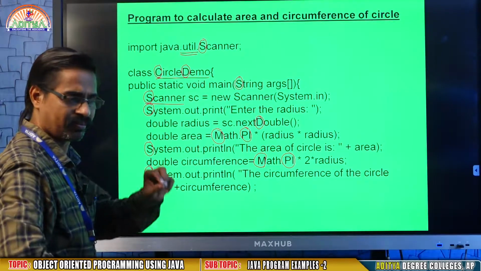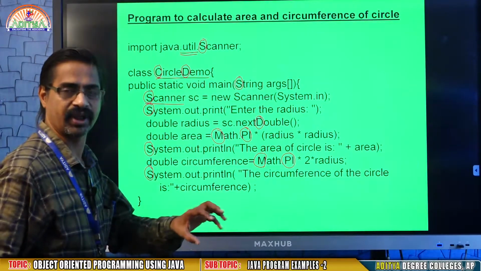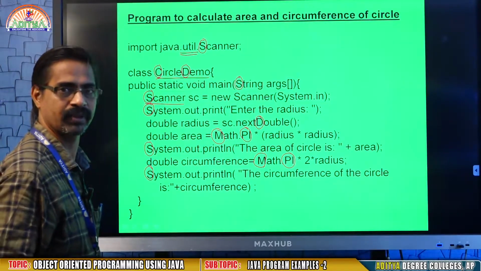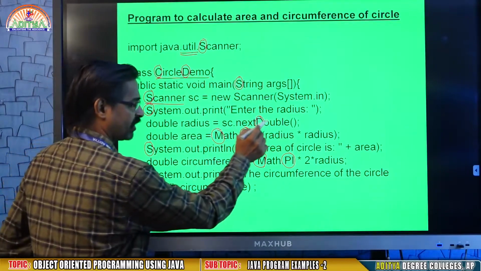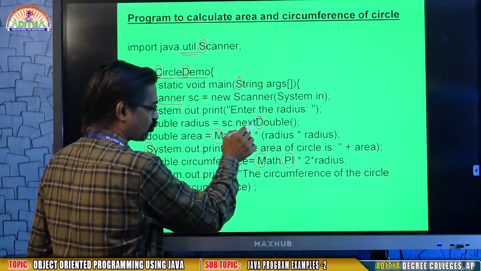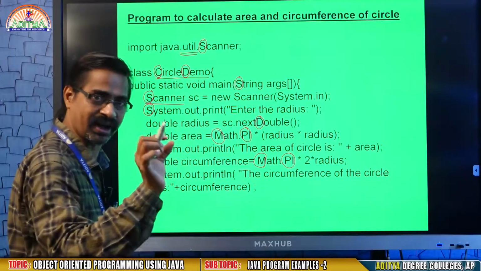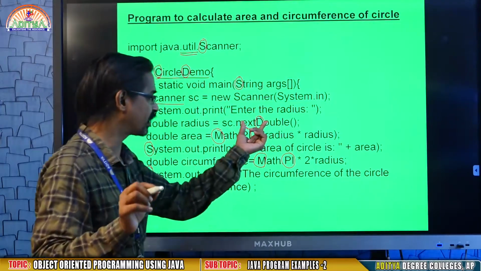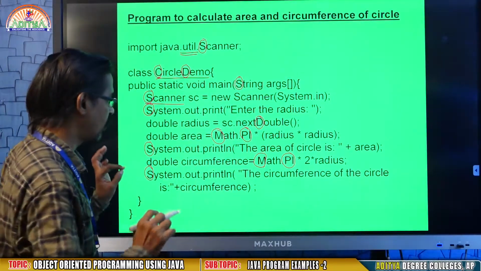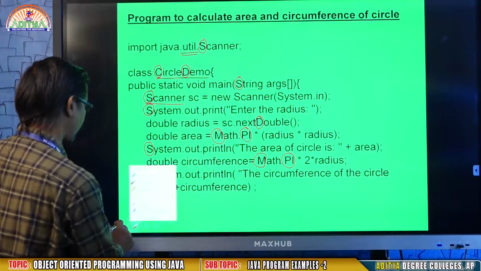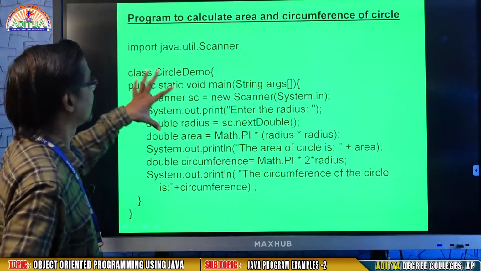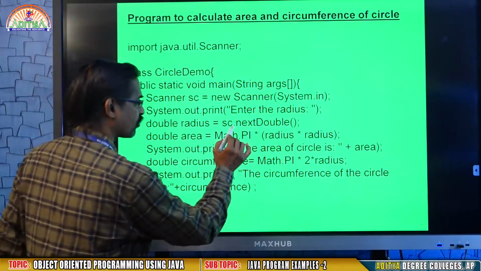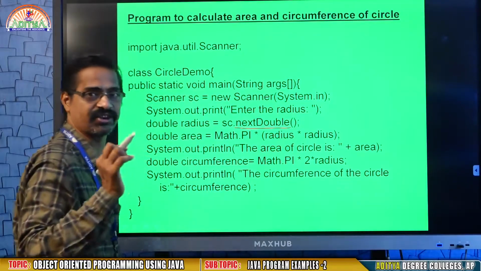But for a class there is a notation, a rule. The rule is that every word in the class name must have its first letter capital. The rule for a method is that the first word, not letter, the first word is in small letters, and the next word's first character must be capital. So this is a small example of calculating the area and circumference of a circle. It is not difficult, but you must recollect the words.